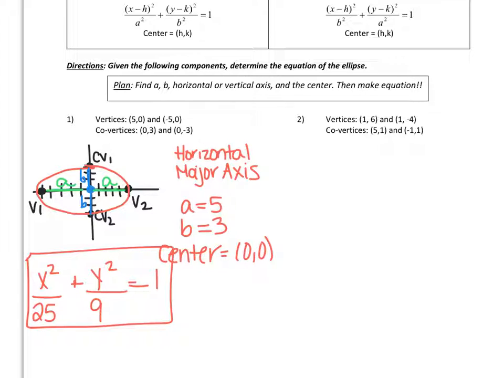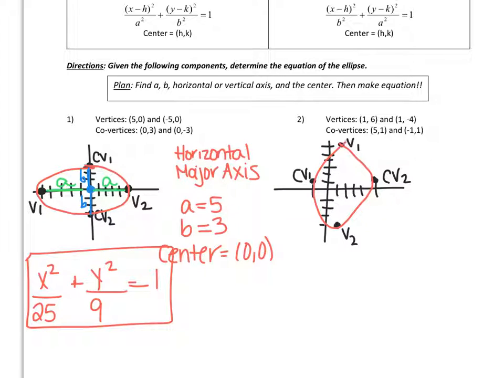All right, let's look at the second example. Again, the best way to do this is through a picture. So I'm going to graph 1, 6 and 1, negative 4. We'll call this vertice 1 and vertice 2. And now I'm going to graph my co-vertices. Call this CV1 and CV2. Now, since my vertices are vertical, we know that this is going to be a vertical major axis. Looks something like this, which we can write down now. So vertical